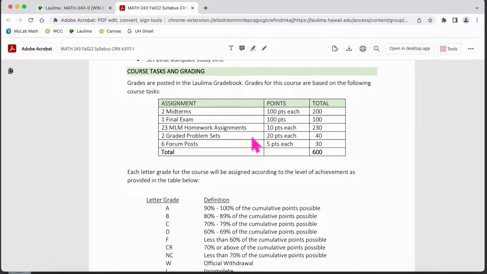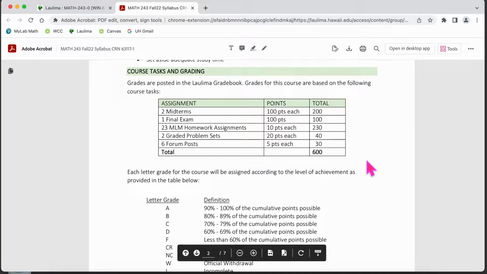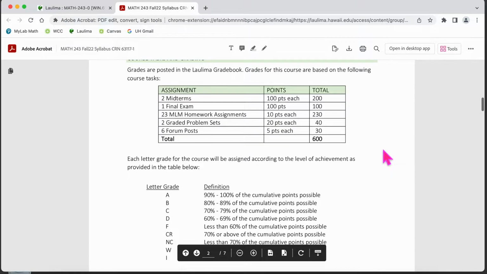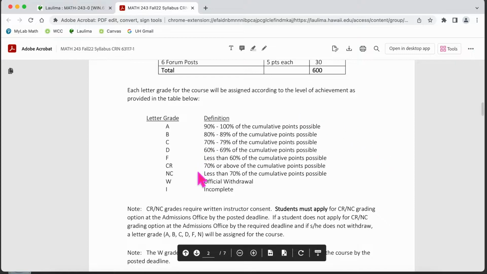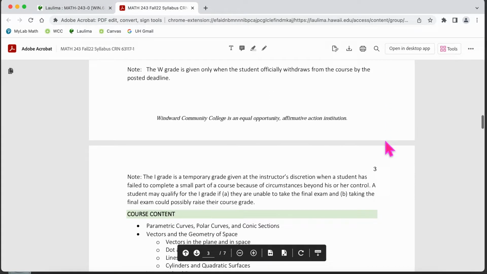And they're going to be due a couple weeks before exam 1 and exam 2, so I can provide you with some individual feedback on how you write your work. Forum posts. We have 6 posts throughout the semester, and they're 5 points each, so about 600 points total for the semester. And then we have the usual grade breakdown. A is 90% or above, and so on.